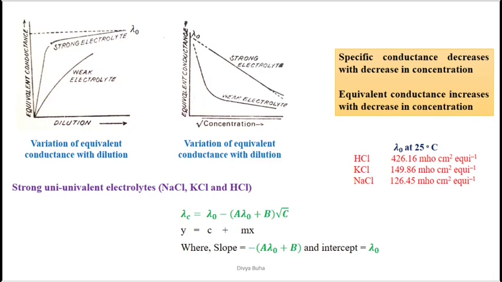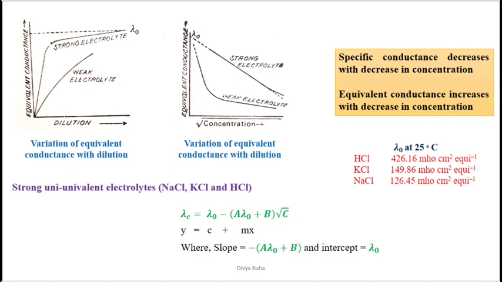Because we know that according to the Arrhenius theory, strong electrolytes dissociate completely in any solution, whether it is diluted or concentrated, right? Which means that 100% dissociation of a strong electrolyte occurs in any of the solutions. But when we take the concentrated solution, the inter-ionic interaction would be more. And due to this, the migration speed of the ions would be lesser. So equivalent conductance would be lesser in higher concentrated solutions.